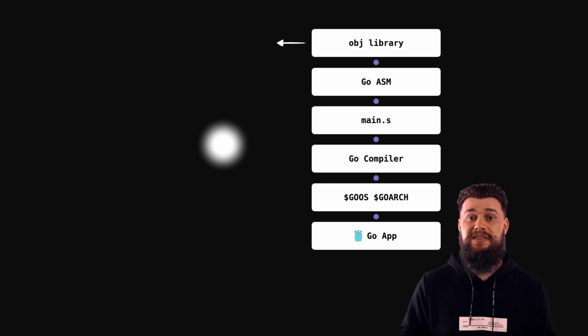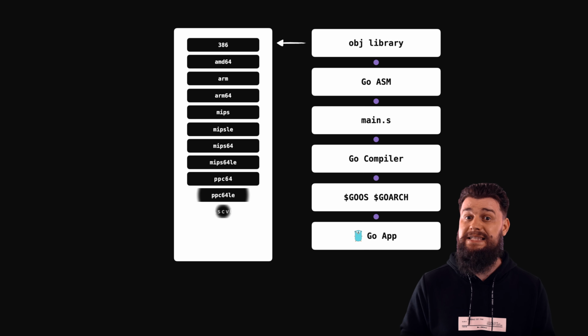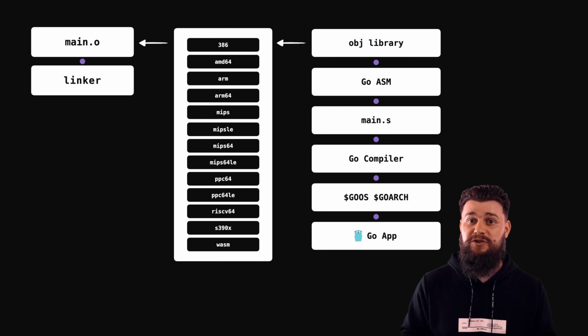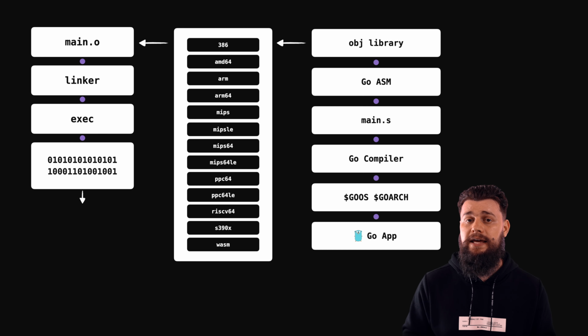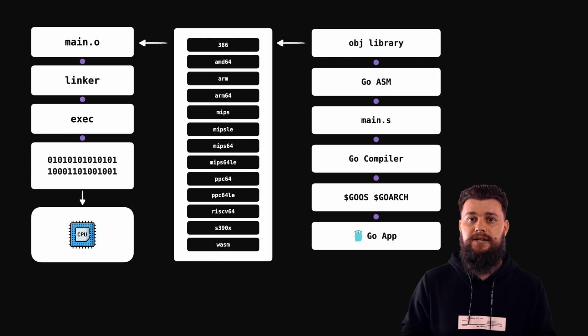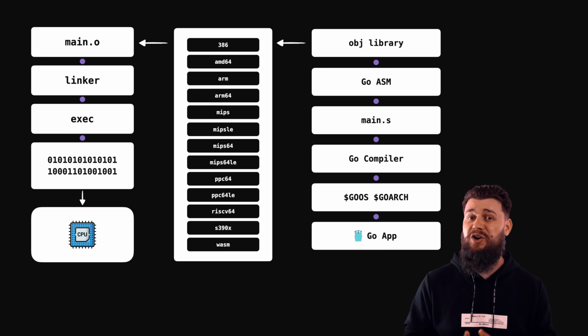So this is the table or the list of architectures which Go supports. As you can see, it's plenty of them, it's a lot of them. So basically the obj library will try and map them to real instructions that will run on your specific machine. After the obj library has successfully done its job, it will generate an object file. All that is left to do is for the linker to take that object file and generate a binary out of it. So this is the purpose of the linker, to take in a bunch of object files, compose them, merge them together, and generate the binary out of that. That binary is nothing else but zeros and ones, which our CPU understands, and thus our CPU will execute that in the end. This is how the process looks from the compilation point of view,